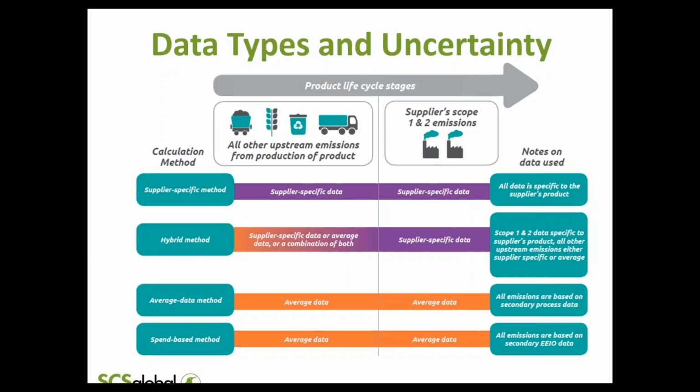However, as I said, the supplier-specific across the supply chain is quite difficult. And really the sweet spot that we almost always use is the hybrid method or the average data method. That's the preferred type of data that's the most accurate and yet still practical to obtain. So let me know if that's